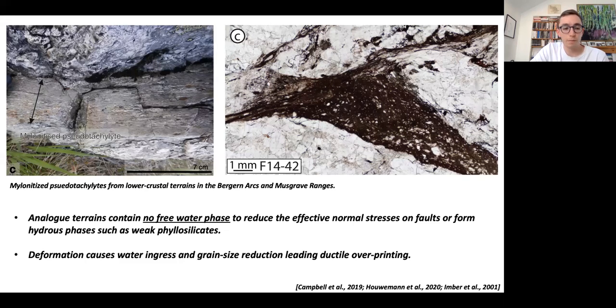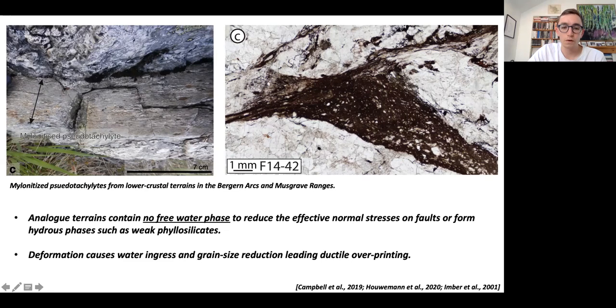of previously brittle fabrics. By that I mean these two examples up here on the top: a field photograph and a photomicrograph of pseudotachylites that formed, led to grain size reduction and maybe a small amount of water ingress, and have been rapidly overprinted by ductile shear. That would suggest that essentially as soon as you start to move faults, reduce grain size, or drive water in from maybe upper mantle or mid-crustal localities, this rapidly leads to a switch from brittle to ductile deformation in